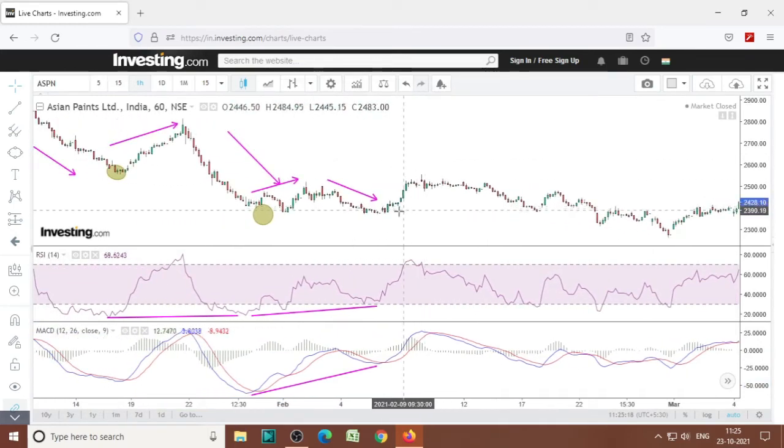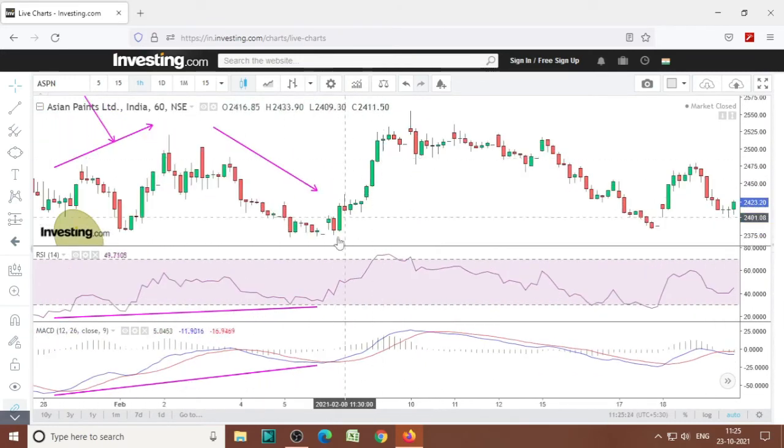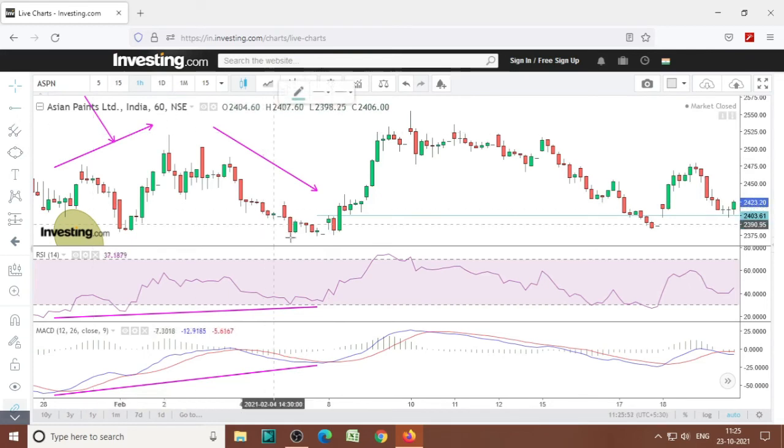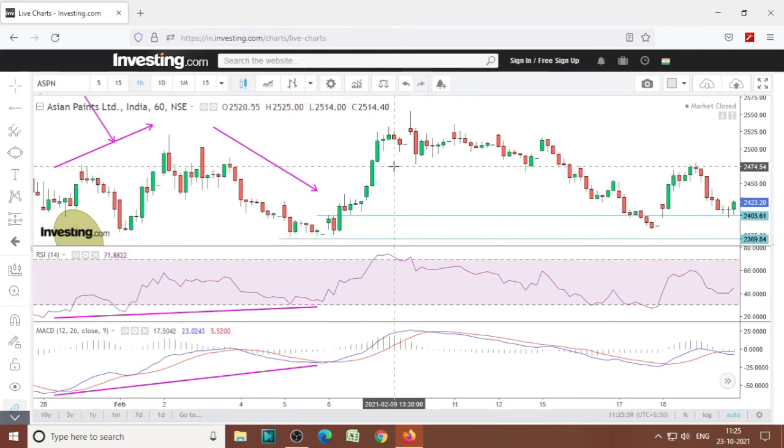You can see a positive value of the histogram. There is a negative value, and negative value, and then there is a positive value, so this is our buy signal. Our entry will be the high of this candle. When it crosses its high, we will take a long position. Our exit will be the recent low, and the target will be 3 times this difference in price.